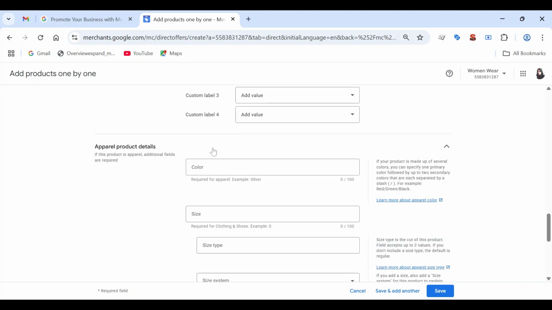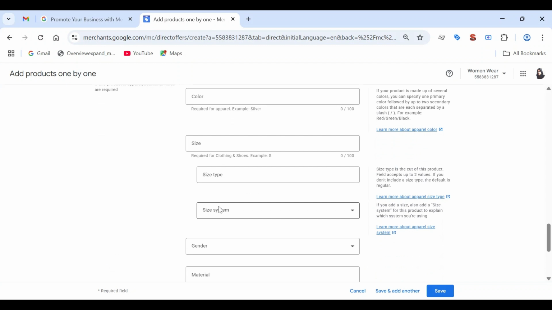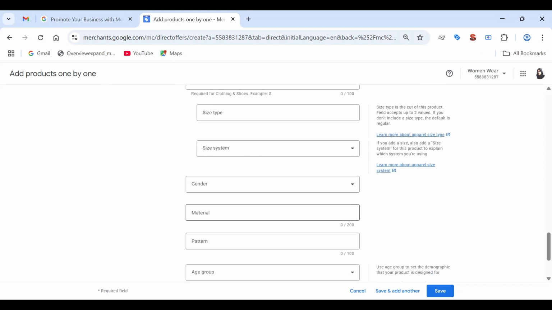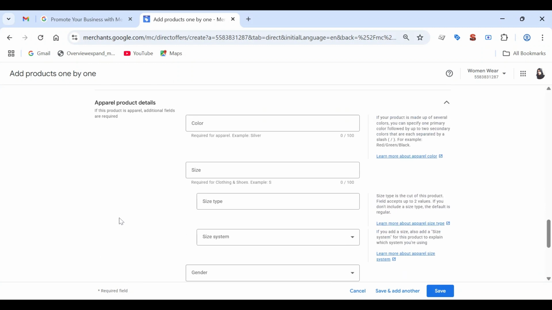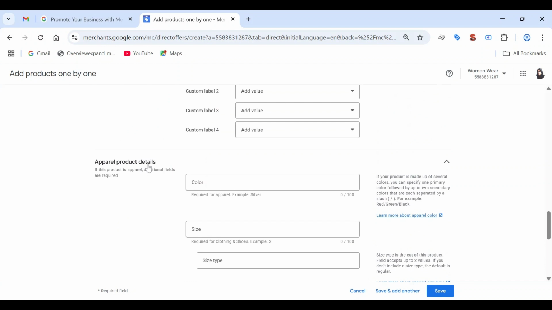Then these are the things related to apparel products. If you have an apparel product, you can say what the color is, what the size is, the gender, and all. If you don't have an apparel product, you can leave this. Let's say if you have any food product, like any kind of food, drink or pickles, then you don't need to go with these things.